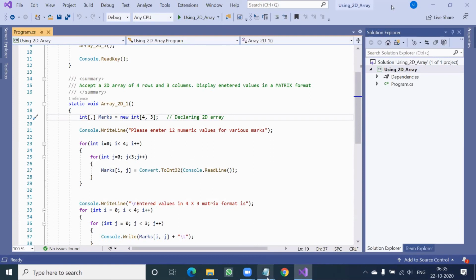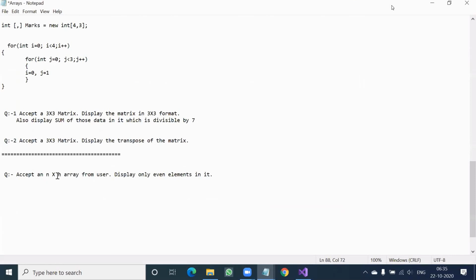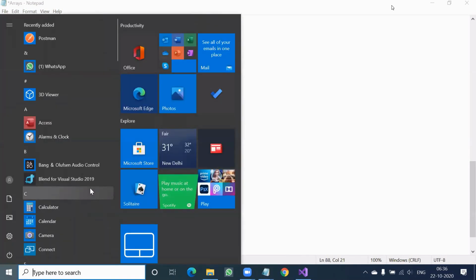So this time in our program, it is not like R by C. If it is R by C, then perhaps you have to ask the user two things, how many rows and how many columns. But I said n by n, that means it's a square matrix. Whenever the number of rows is equal to the number of columns, we say it is a square matrix.